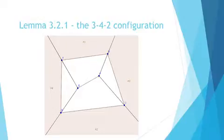Okay, so the next step, I basically divided the problem into a 3-4-2 configuration, a 4-3-1 configuration, and a 3-3-2 configuration. So first, the 3-4-2 configuration. We consider this configuration, and by lemma 3.1.2 just now, we can see that